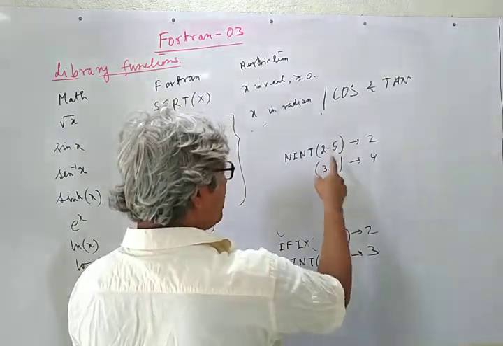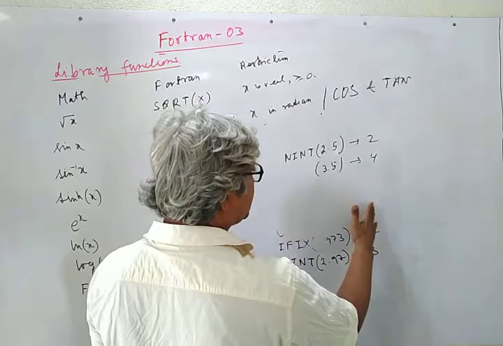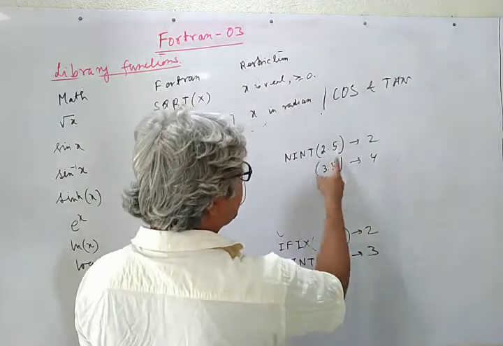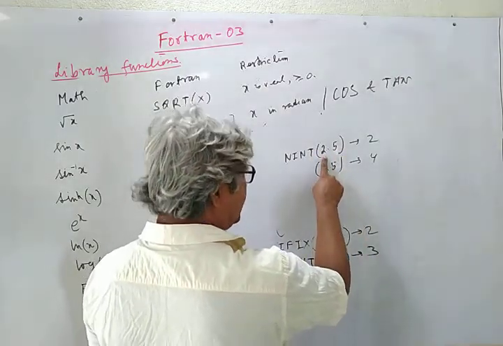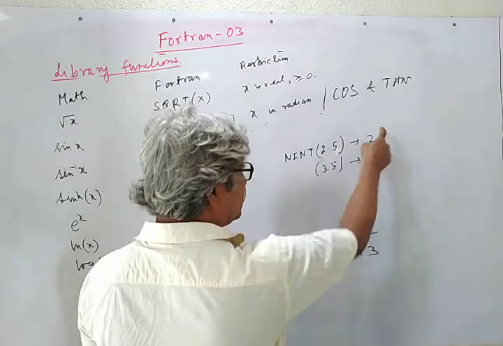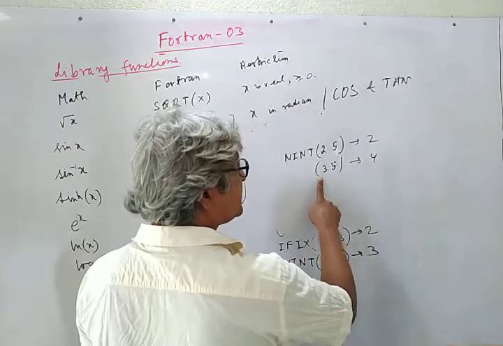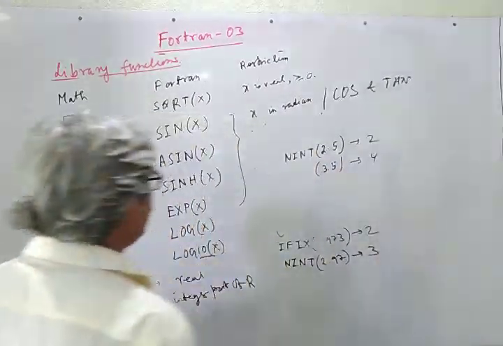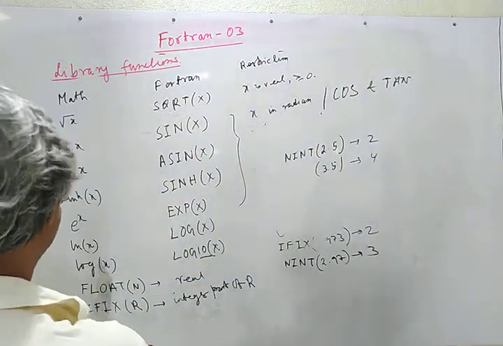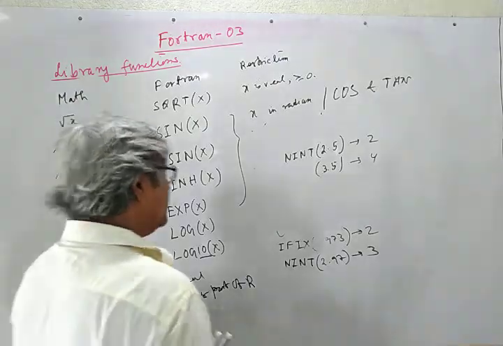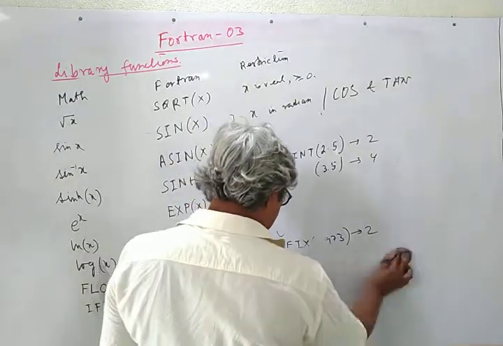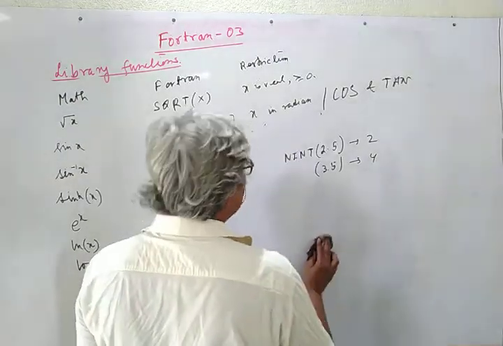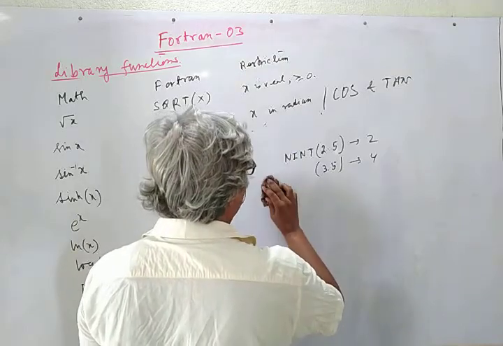And what happens when the neglected digit is exactly 5? Then the preceding digit remains unaltered if it is even, and it is increased by 1 if it is odd. So NINT will also follow this rule. This much with the